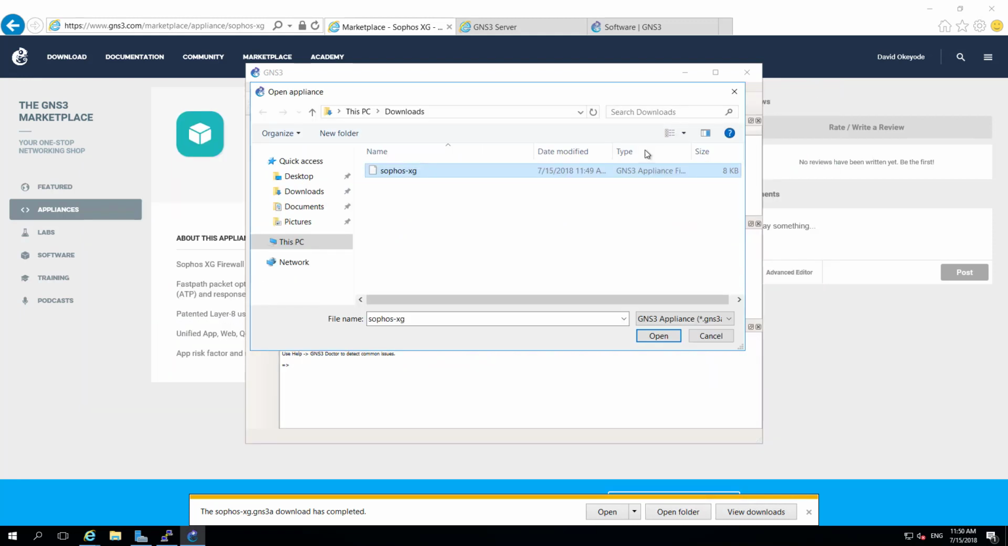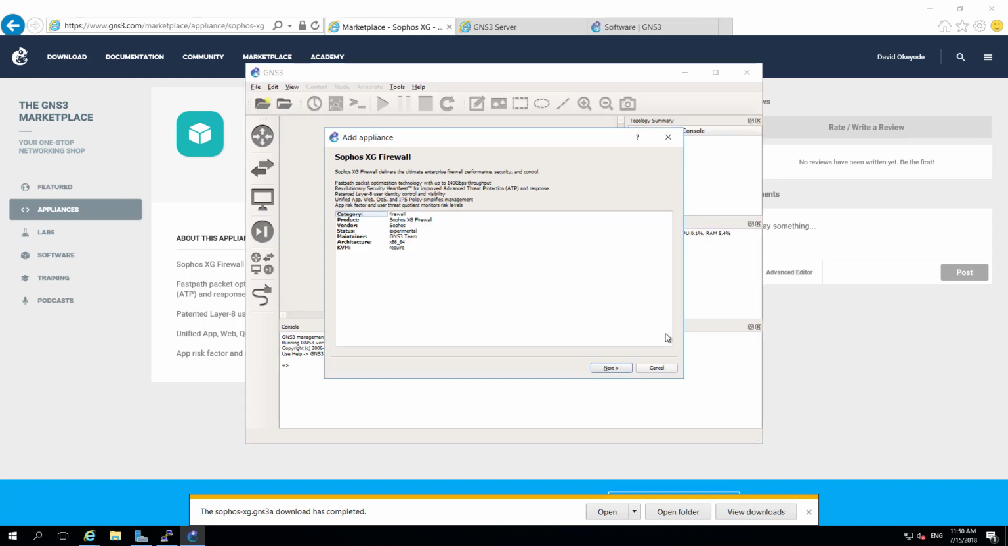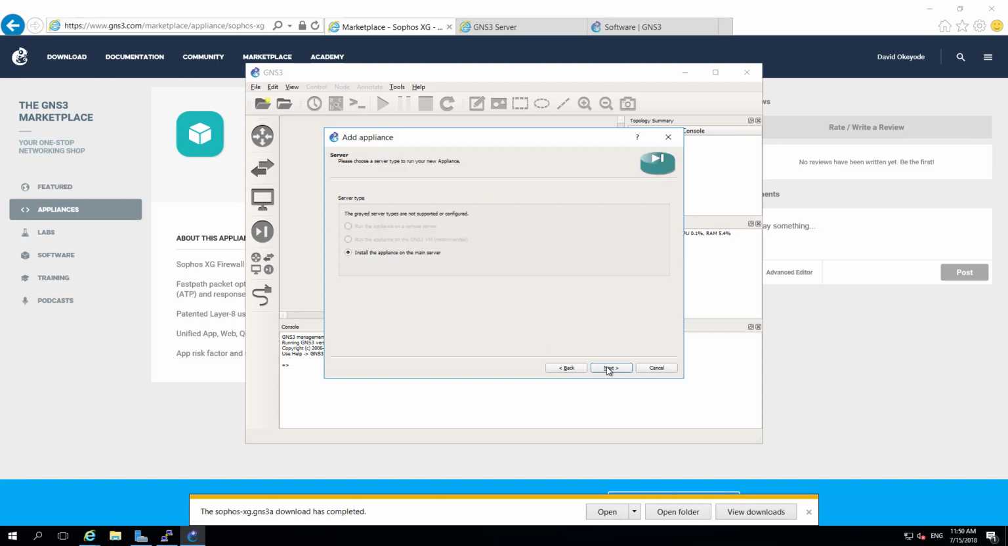If I close that, select this file and click on open, it's going to open and detect that and it says Sophos XG firewall and all that information that we saw in the file now. It's the category and everything else. If I click on next, it says where do you want to install the appliance on. Because I'm using a remote server in this case, I have the option to install the appliance on the main server. So I'll click on next,